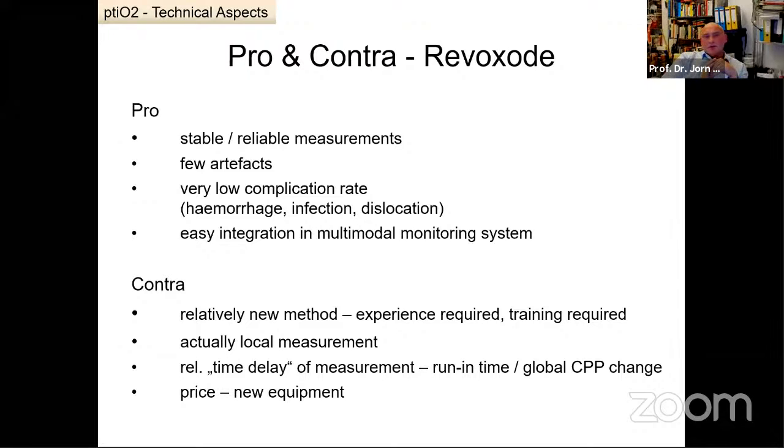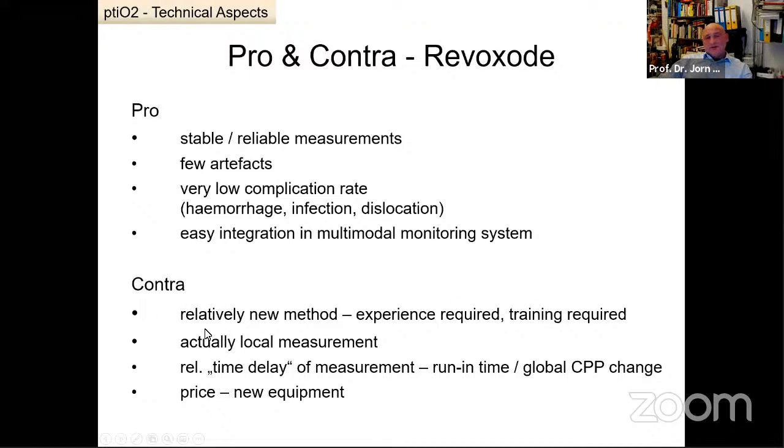So the pros and contras of the PO2 measurement method: it is relatively stable and reliable. You have few artifacts, the complication rate is relatively low, and you can easily integrate the whole system into a multimodal monitoring system, which brings all the different measurement modalities like ICP, PO2, and so on together. Contra: